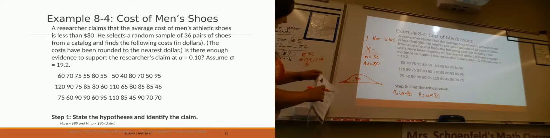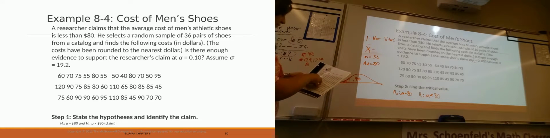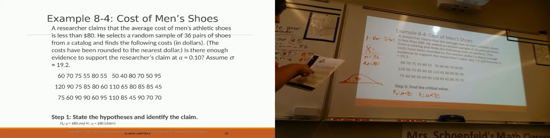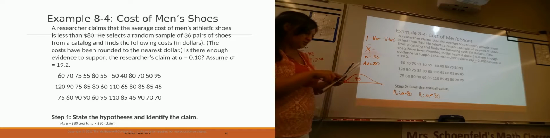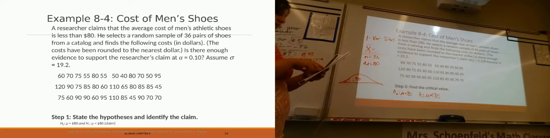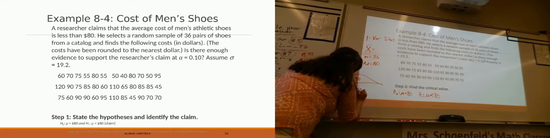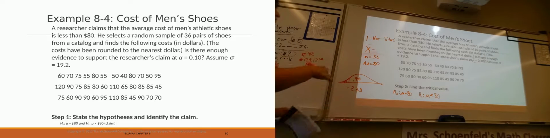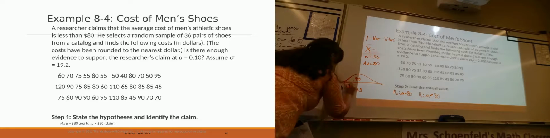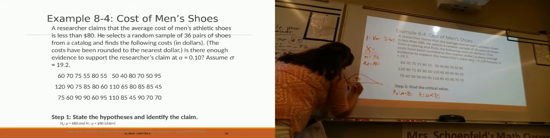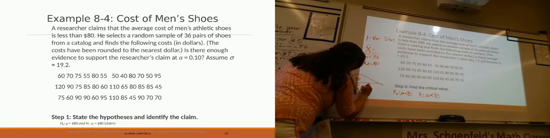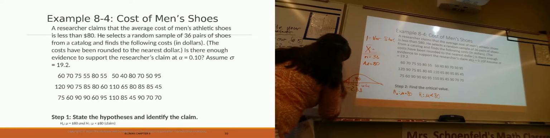This one is easy to find because we're looking for 10%, so 0.01. Closest I find is 0.0102 and 0.0099, and that looks like negative 2.33. Negative 2.33 is our critical value, so make a note somewhere: critical value, and this is a z-score. Z equals